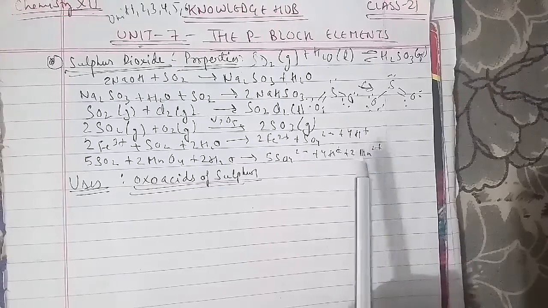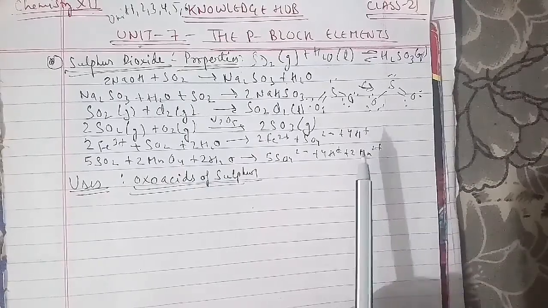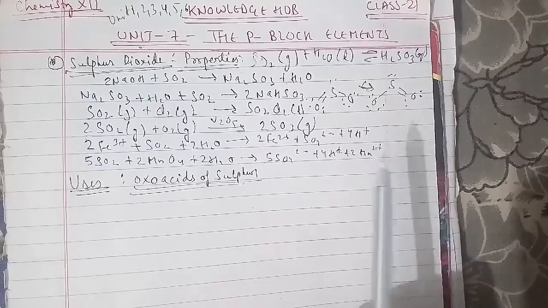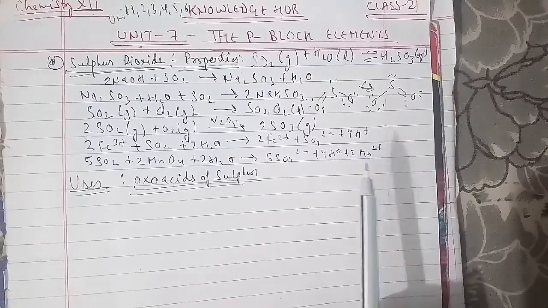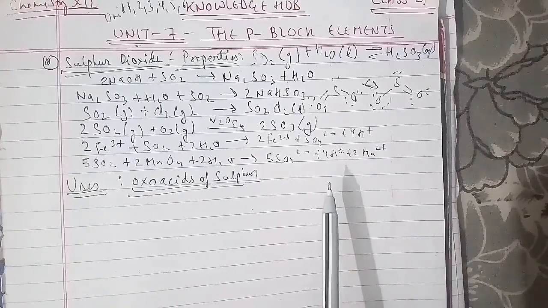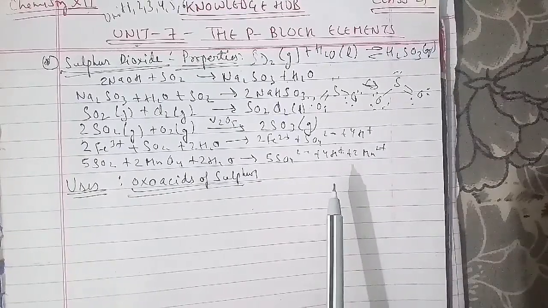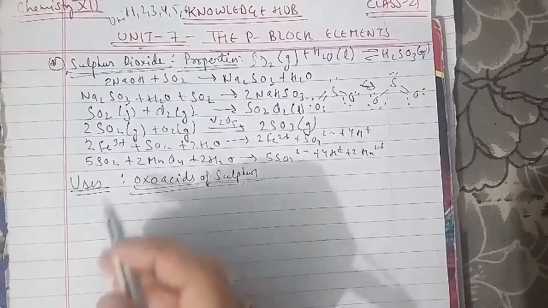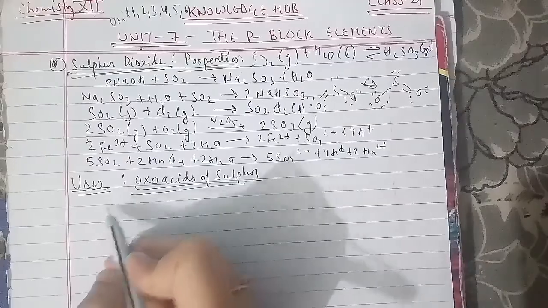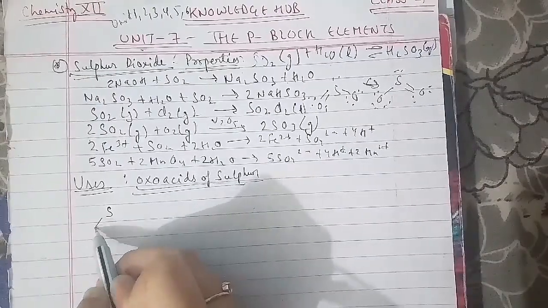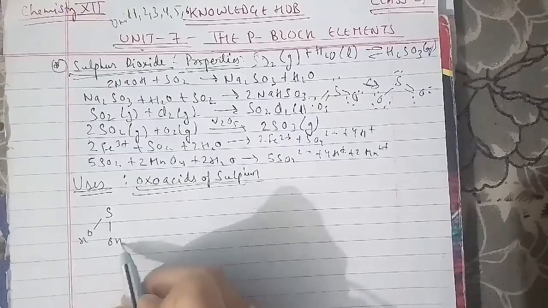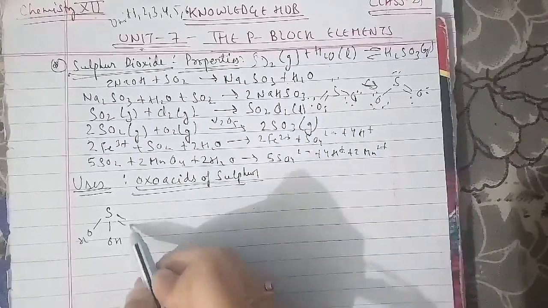We have S with a single bond with OH, and a double bond with O, and we have a lone pair as well. This is for sulfurous acid, which is H2SO3. Another we have is sulfuric acid, which is H2SO4,